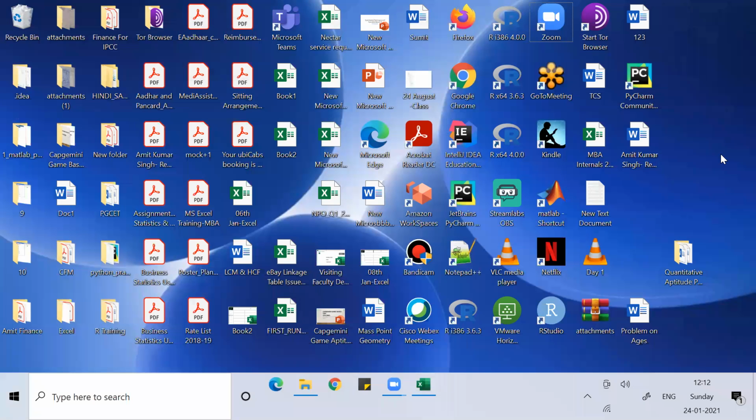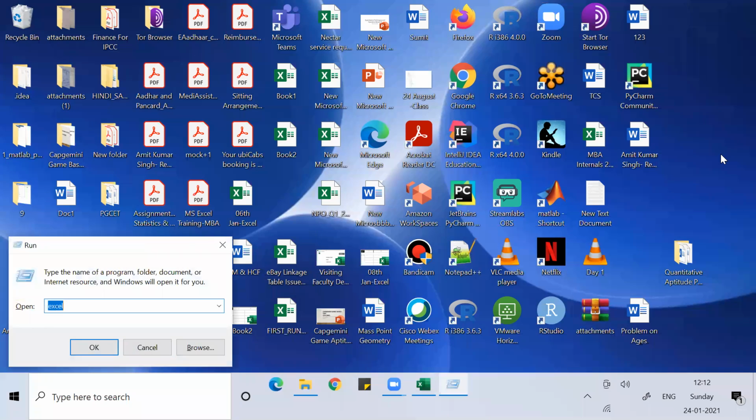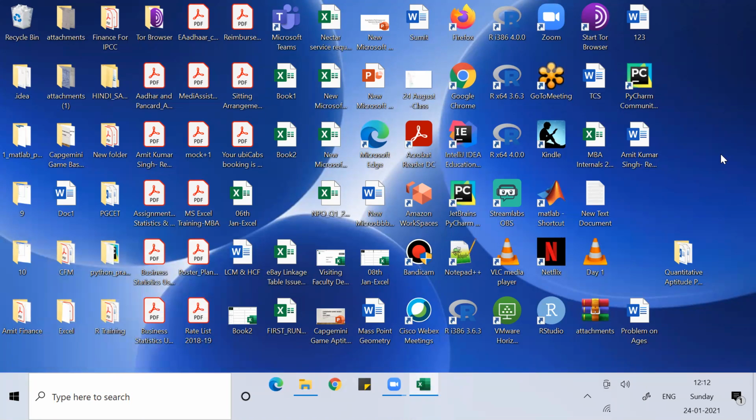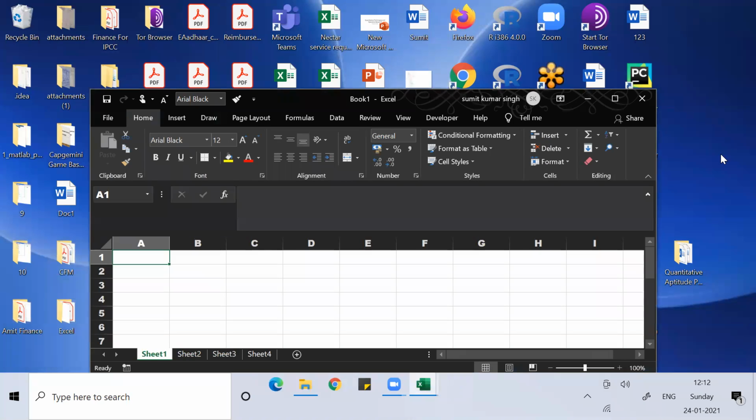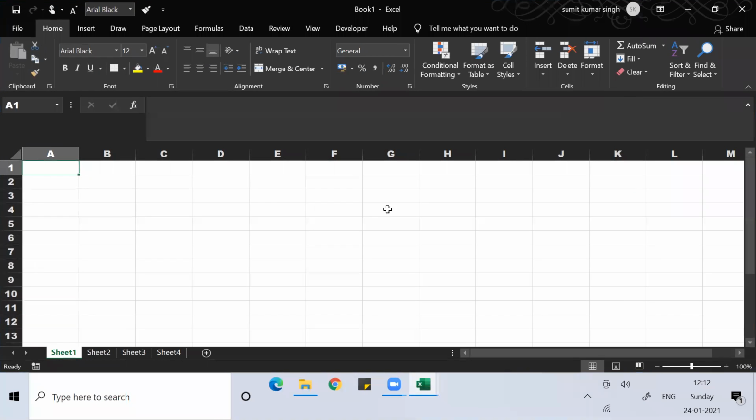Otherwise, you go to Run and type Excel, and then you can open an Excel workbook. The shortcut key for that is Windows R, and if you write Excel and press OK, you'll get a window where you can see a workbook which is opened.